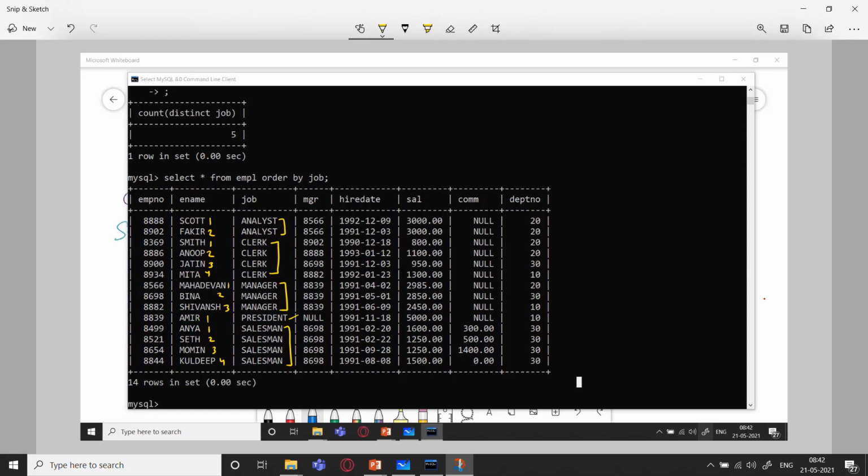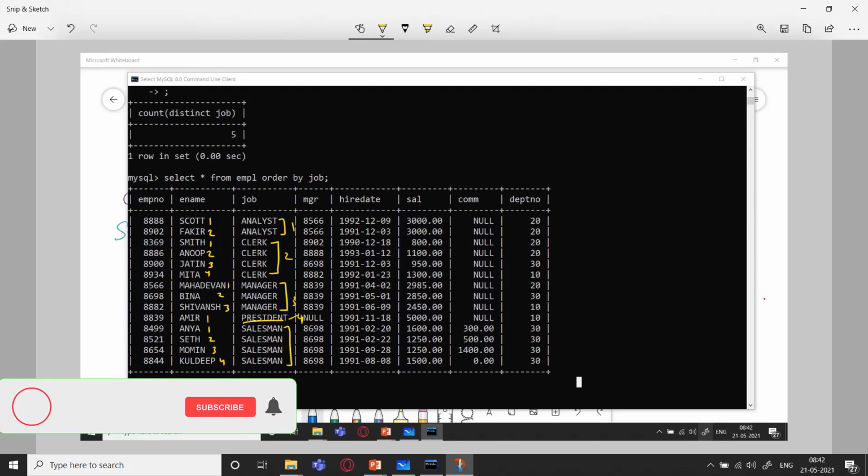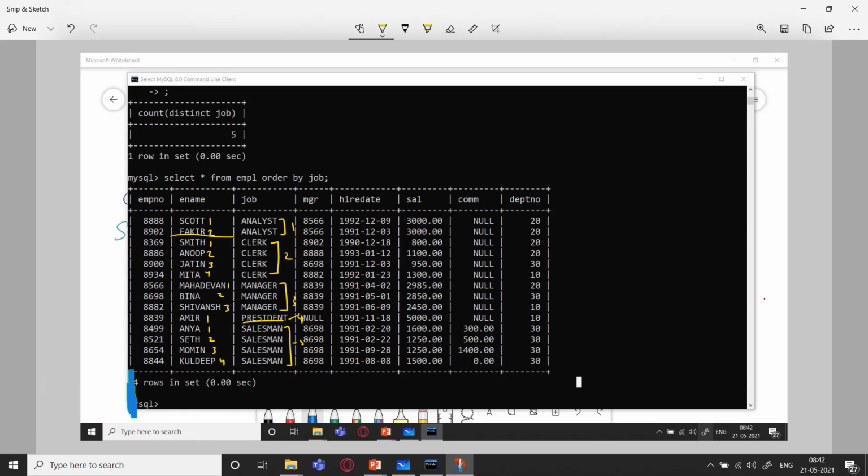So this way it is going to create groups. This is the first group, this is the second group, third group, fourth group. Even if there is only one tuple over here, it will still be a group, and fifth group. And within each group, the records are going to be counted, as you can see over here.